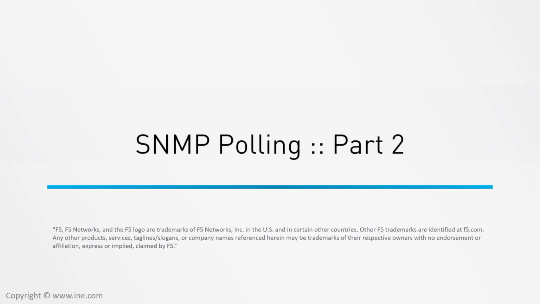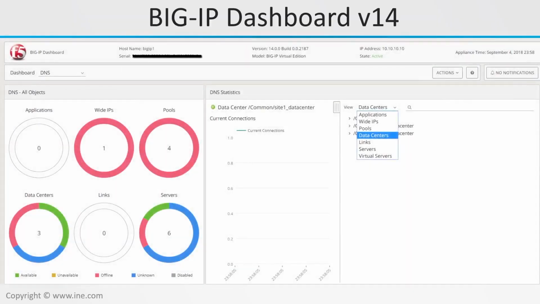Okay, so let's move on to our next example in this objective when we're talking about describing and using DNS statistics and DNS analytics. So the BIG-IP dashboard recently got an update in version 14. It no longer uses Adobe Flash. Now the dashboard uses JavaScript. So in my personal opinion, it looks a lot better, and it's much more functional and much cleaner